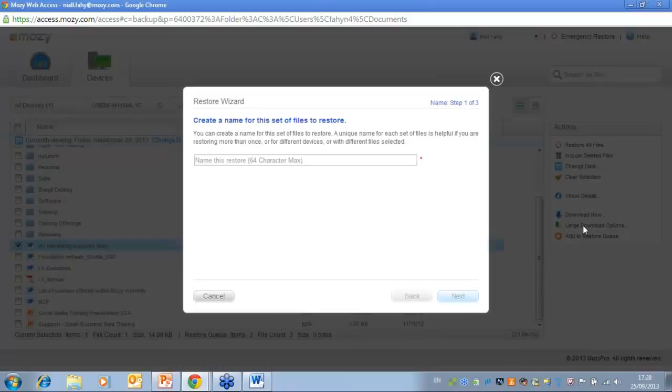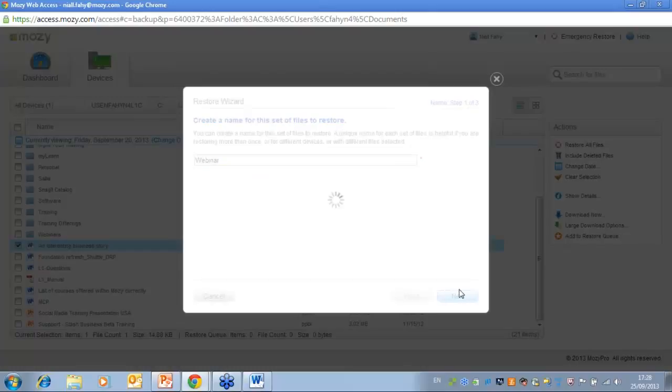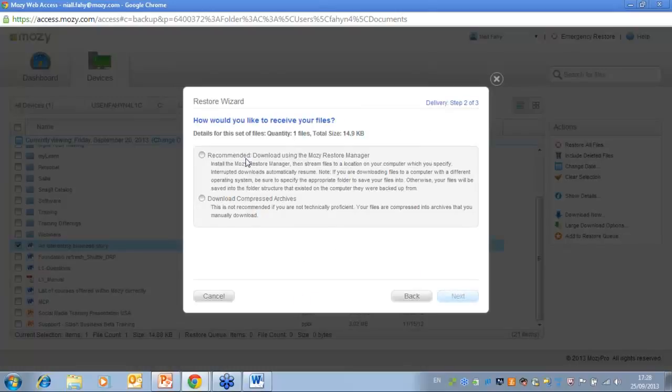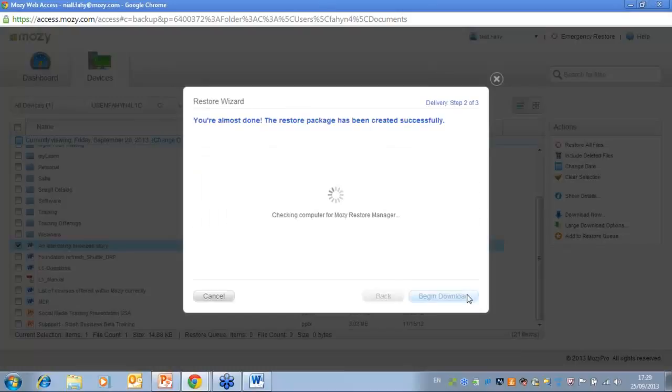Other options that I have, okay, are large download options. Again, I need to name this. Okay, hit next, and then again I have my download options. So this is a shorter restore wizard than the emergency restore one, but again it gives me the restore options of the download manager, compressed archives, and if you're a US based customer, it will have the option here for media restores. So again if I select this one and hit next,